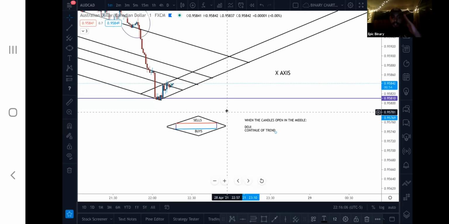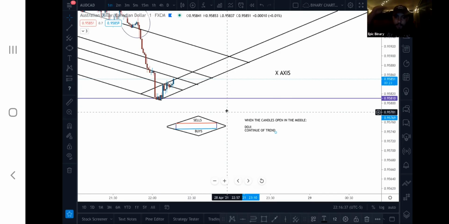Meaning if the candle opens coming from the bottom of our box, and then it retests and touches the bottom of our box, we know that we can enter a buy because it's coming up from the bottom of our diamond box in the middle of the box. If it's coming from the top of the box and then it opens in the middle, we can enter a sell. Because look at it this way, ladies and gentlemen,